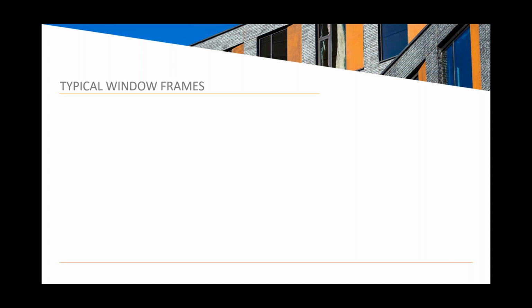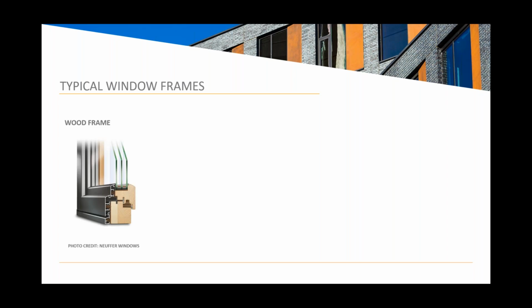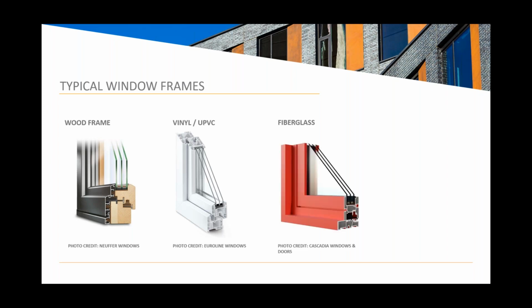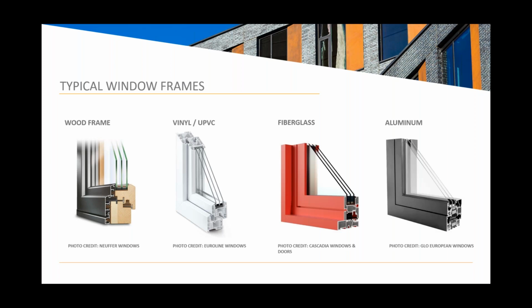So now we'll try and understand modern windows and give an introduction here into high performance fenestration. So high performance is usually frames made of polymers. Typically, there's 4 types, but not always. You're not always pigeonholed. There's wood frame, and this is an aluminum clad wood frame that you can see. There's vinyl and UPVC options. There's fiberglass frame options, and there's aluminum, thermally broken aluminum frame options.